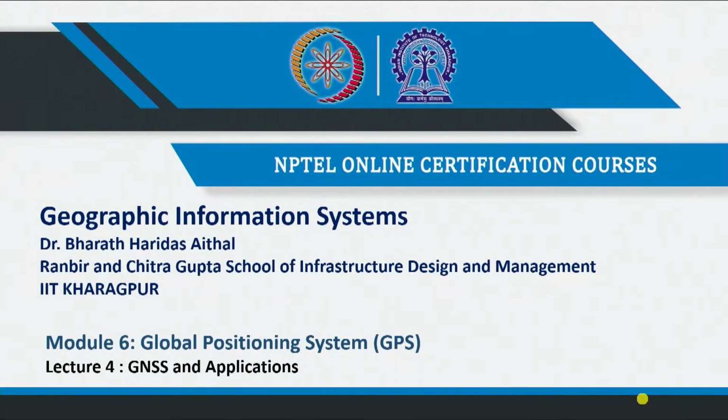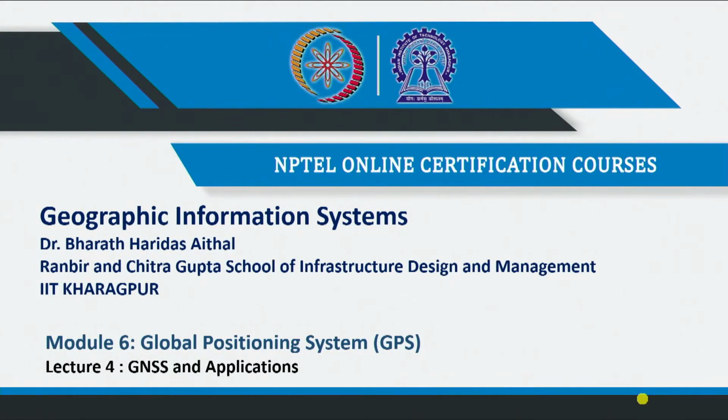As we were speaking about the global positioning system, now we have graduated to a stage where we have understood what is meant by the global positioning system and what the different parts of a GPS are. Then we looked at other systems that can be used to be more accurate, whether we can use a DGPS system or a WAAS system. We also looked at the different signals, how a DGPS system can be used, the different types of DGPS surveys that can be done, and how a WAAS system works, its architecture, etc.